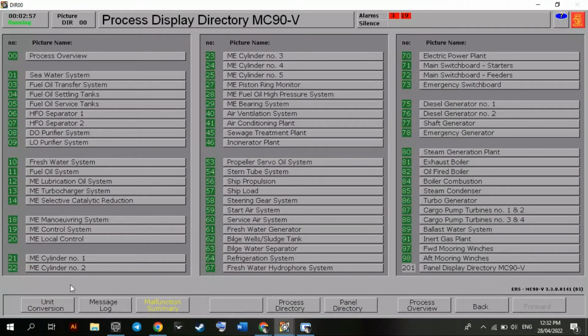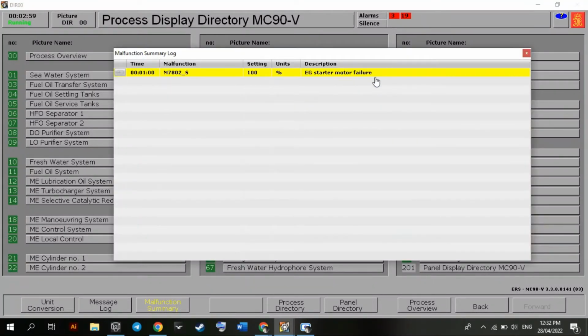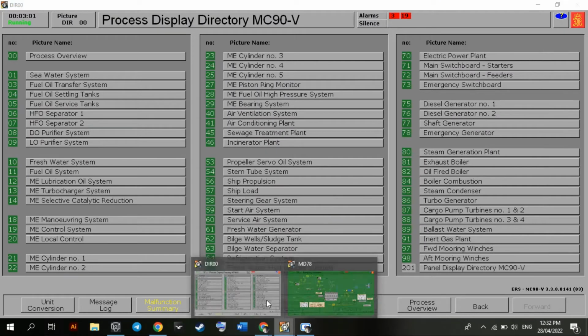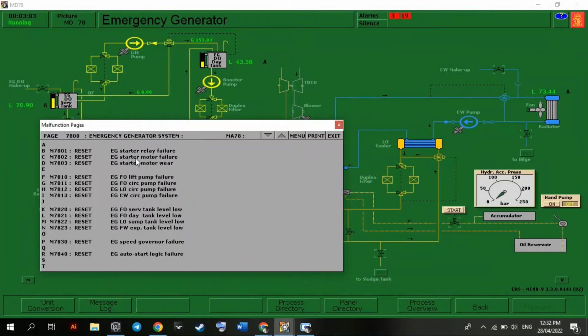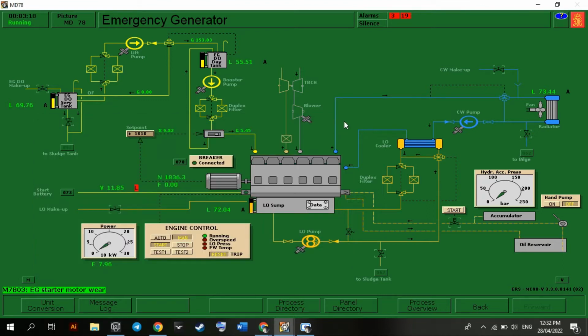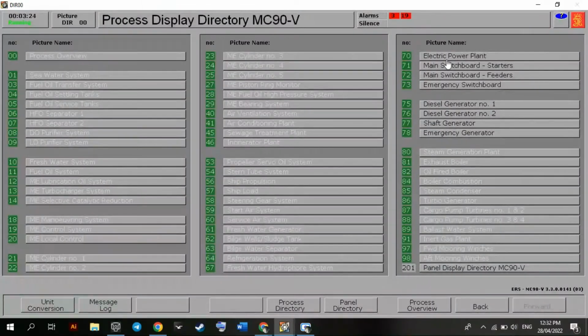It was the EG starter motor failure, so let's rectify this at our students panel. We need to reset this one, and you can see that there is a reset of the active malfunction. By that we have already rectified our malfunction. So let's go back to our